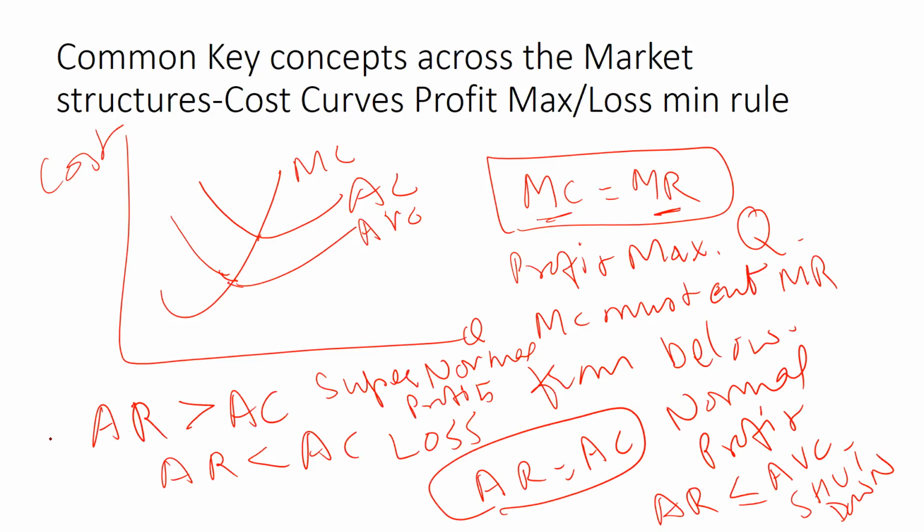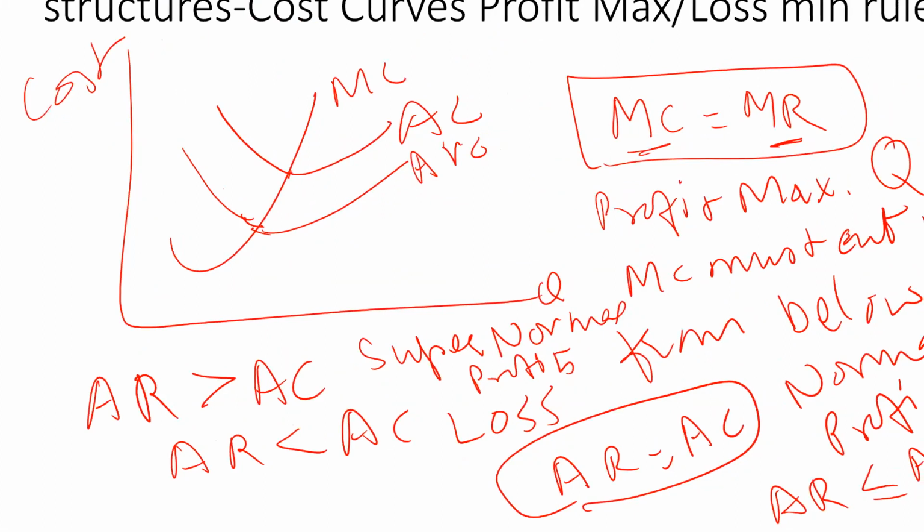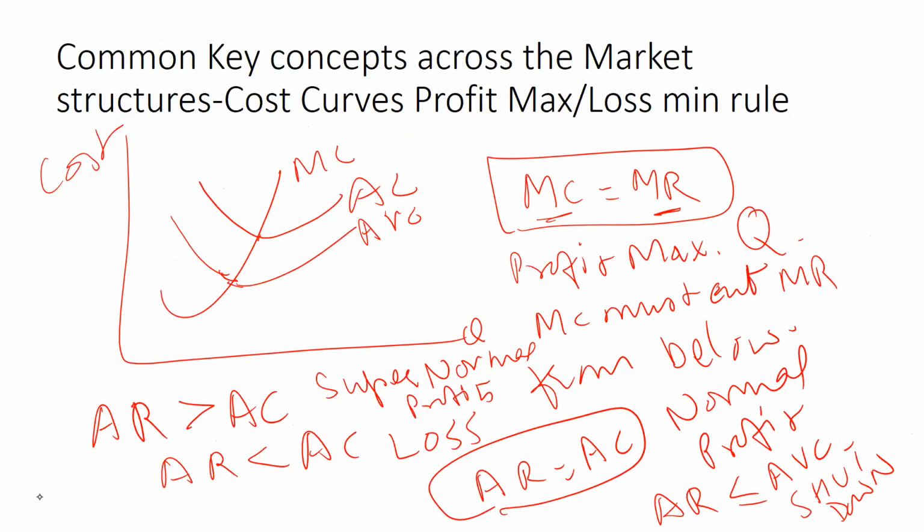However, the differences will be in terms of the slope of the marginal revenue and the average revenue line. So remember, when it is a perfectly competitive market, the firm would have the same price, because the firm is a price taker. This is it. So if you were to think of a price taker firm, just think of the price as maybe